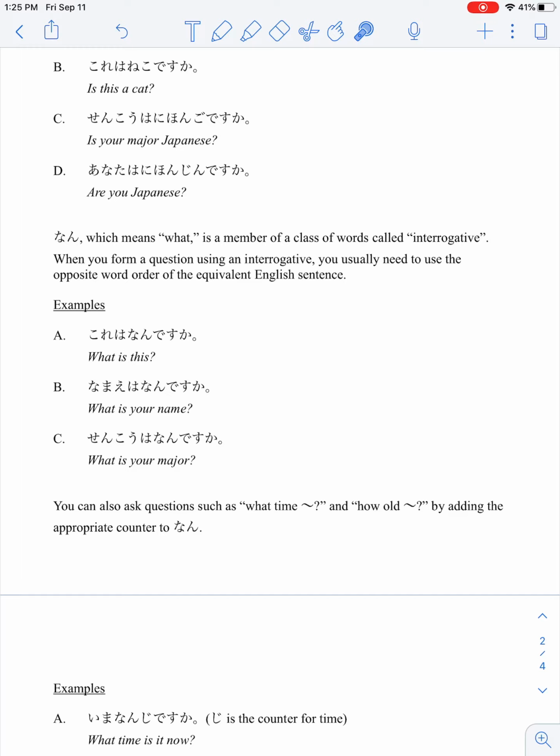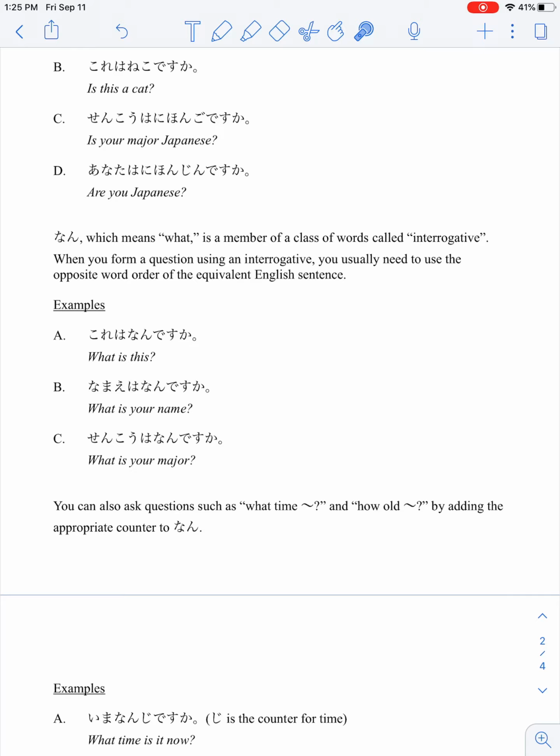For example, what is this? これは何ですか？So これ is this and 何 is what. We still need this question particle か。